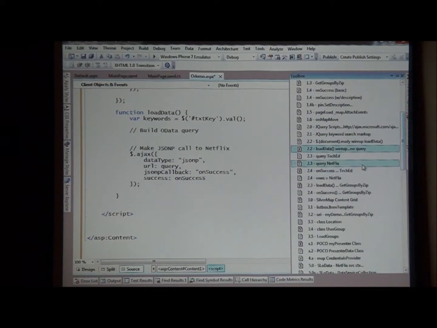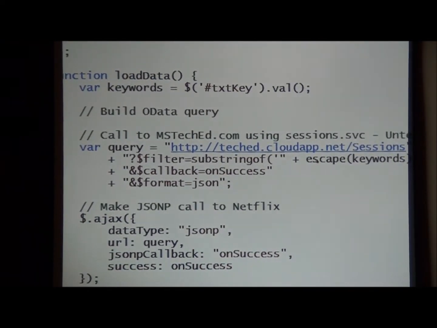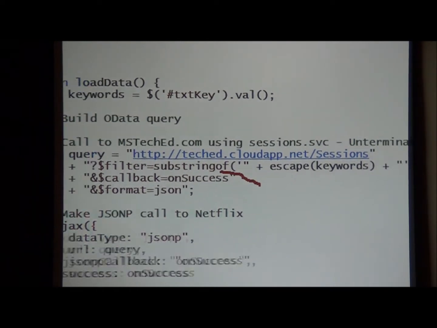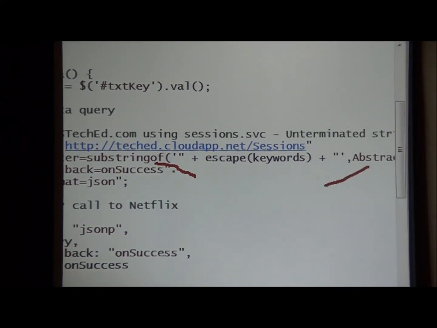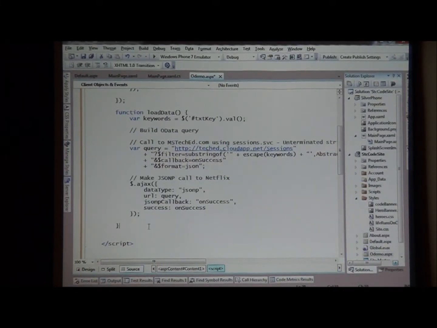In my toolbox, I have query TechEd. This is going to set up a string equal to the TechEd cloudapp.net/sessions, adding the filter substring of whatever you type in keywords; it's searching the abstract field. And then I've got a JSONP callback to provide my finish method, so I get notified when it's done. So down below this, I've added a method that is going to be my onComplete,